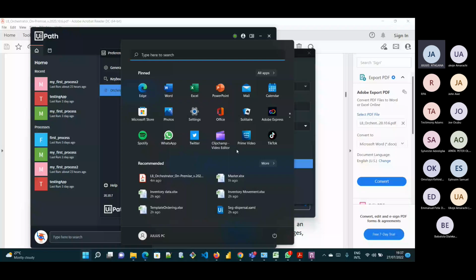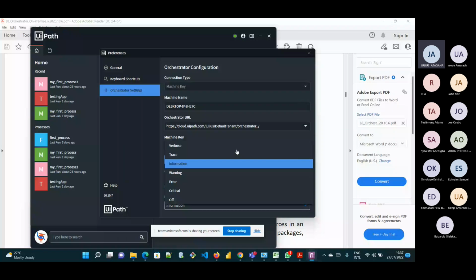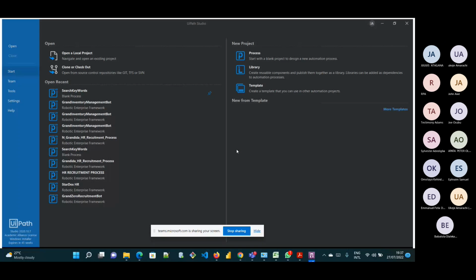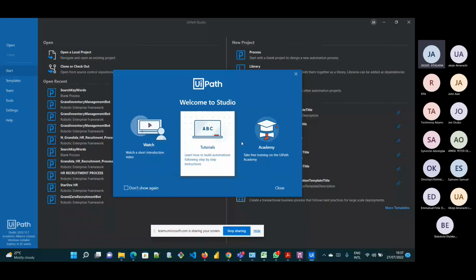We're still looking at the orchestrator. Now, all of these logs can be registered in your code, but when you are connected to the orchestrator, they are all registered in the orchestrator. The default logging level is